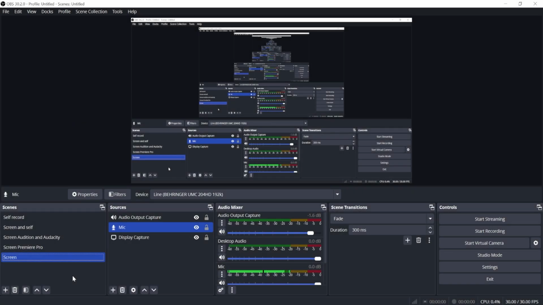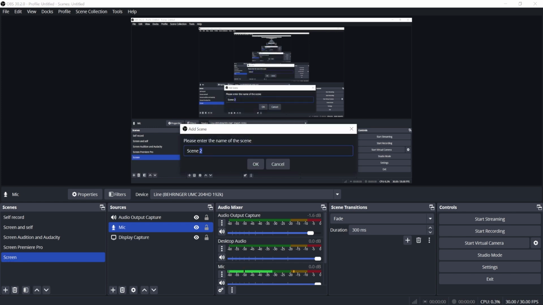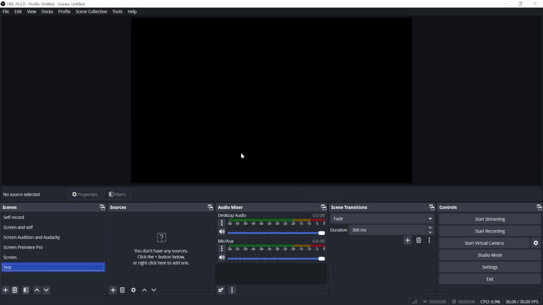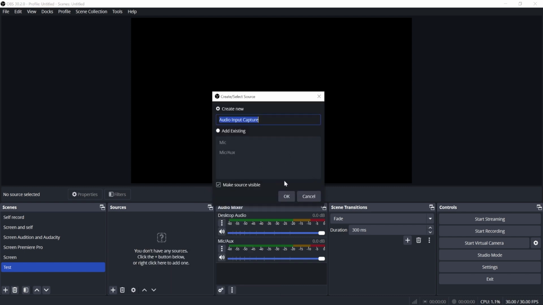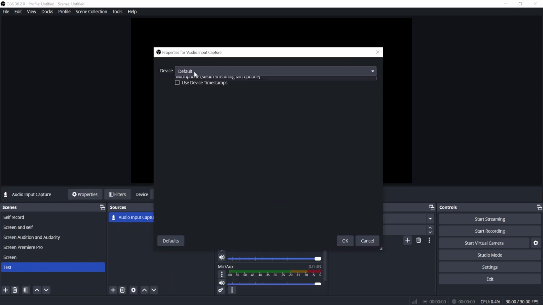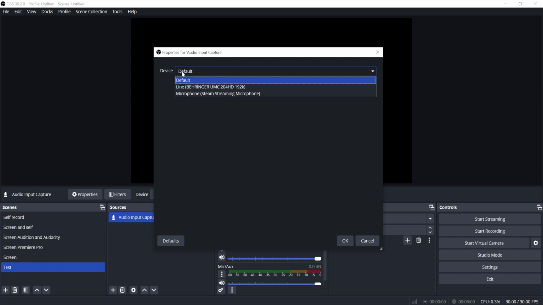To choose a microphone for recording in OBS, we'll have to create a scene and we'll call it test. So you won't have any sources by default, so you'll have to add an audio input capture source, and I'm just going to leave it as this. And right here you'll have an option to choose any device you want, but by default OBS will pick up